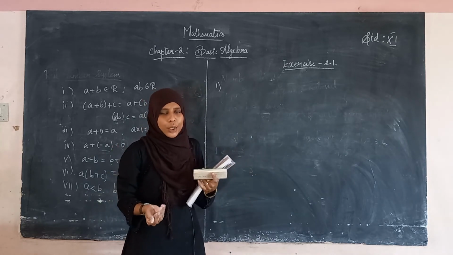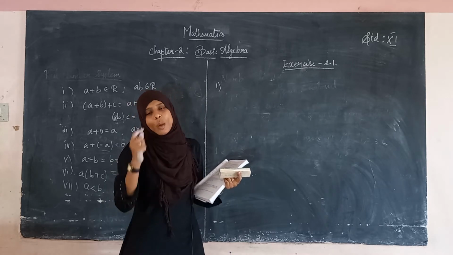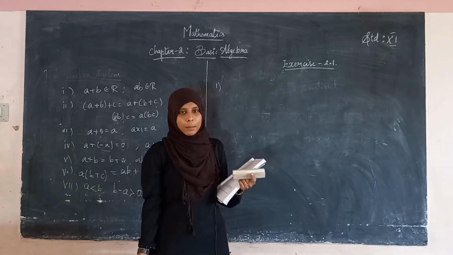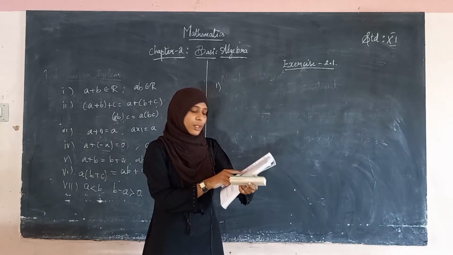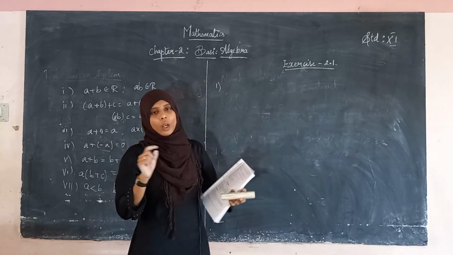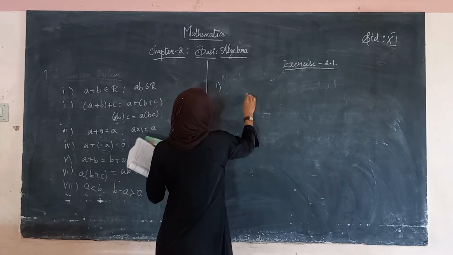What is R minus Q? R is real numbers, minus Q is rational numbers. When we remove rational numbers from the real numbers, we arrive at the irrational numbers. That's what they have given in the terms R minus Q. Then Q is the rational numbers, and Z is the integers. So let us see what elements they have given.